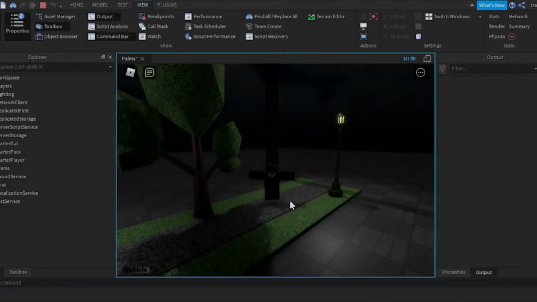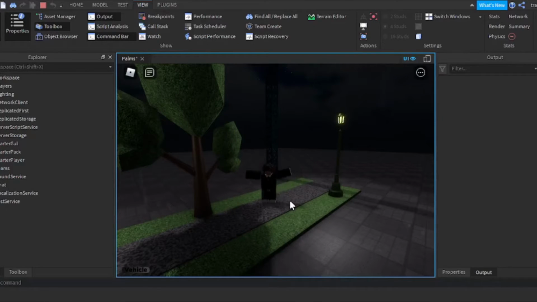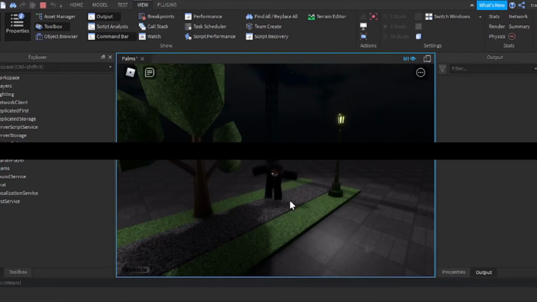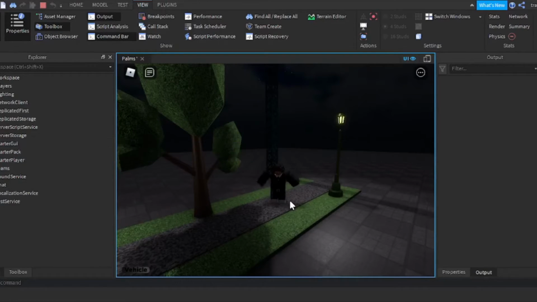Then I moved on into some dev forums because I was lost. I didn't know what to do, but I came across some code where you can basically pick out a random position according to a radius I give it. So let's say you have a part, you want to pick a random position out of the part, then this code, it's how you do it. So I found that, and then I easily implemented that code into the rest of the code that I have,